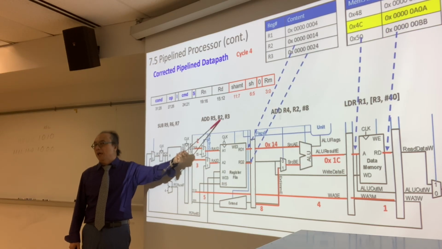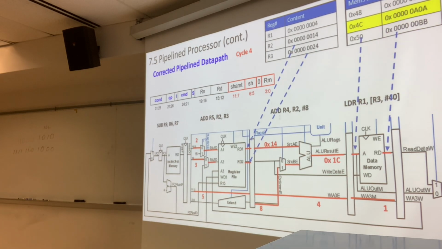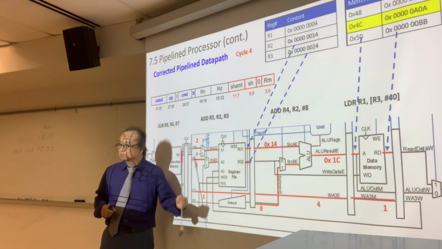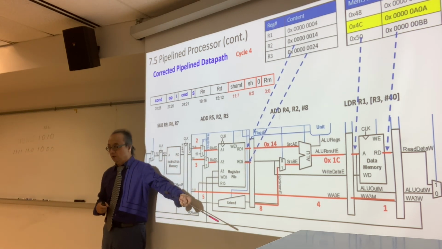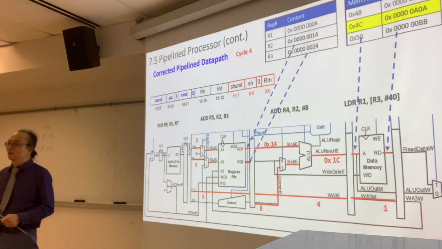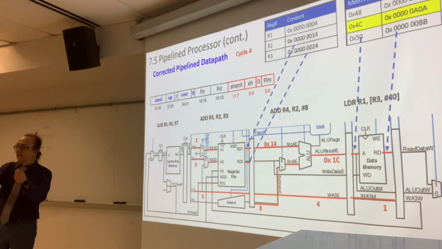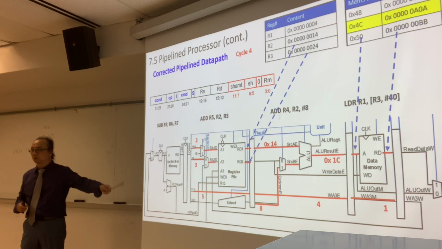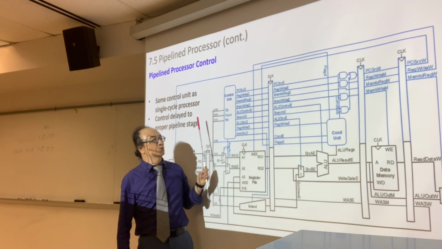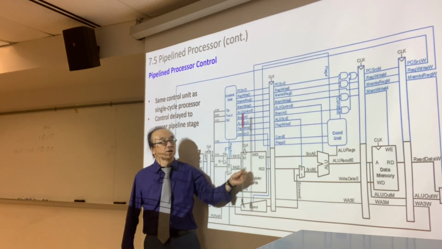It's called hazard. We're gonna deal with that probably next time. So we need to identify all of those hazards. And then in order to solve that problem, we're gonna have a hazard detection unit. It's gonna be fun. And then we're gonna forward the data here and there, a whole bunch more lines added to here. So now all of these control lines, as we move on to the next stage, we're gonna carry